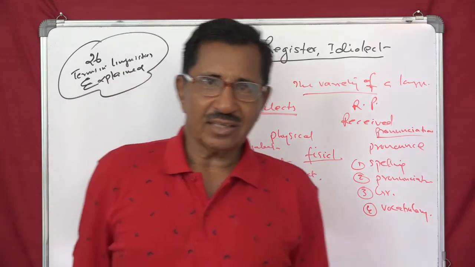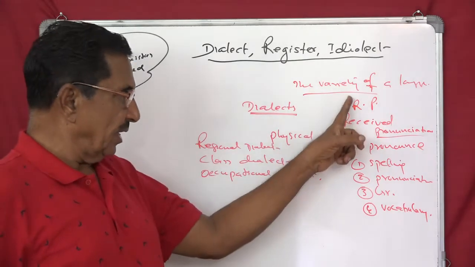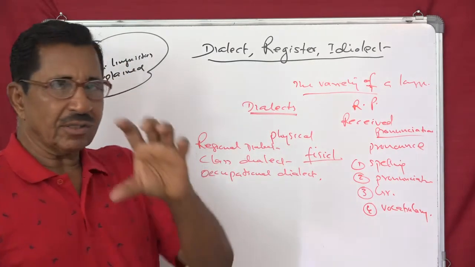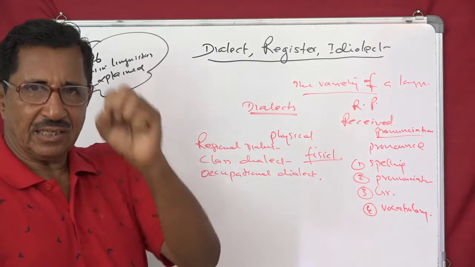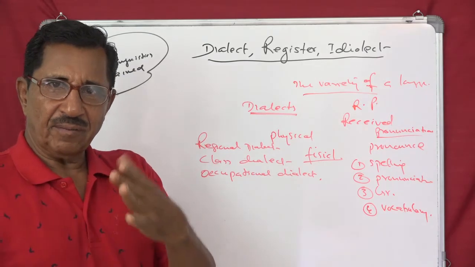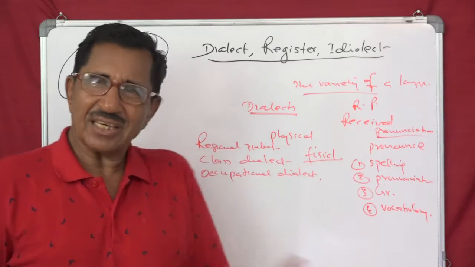I think you understood now what is meant by dialect. A dialect is a variety of a language. There can be differences in spelling, pronunciation, but the core thing remains. There will be only 26 letters. The grammar will be the same, the total number of phonemes will be the same. There may be slight difference here and there.